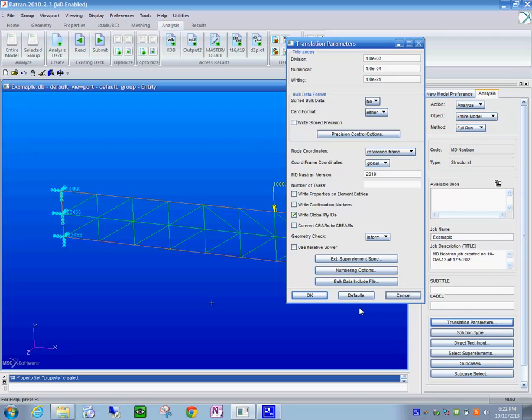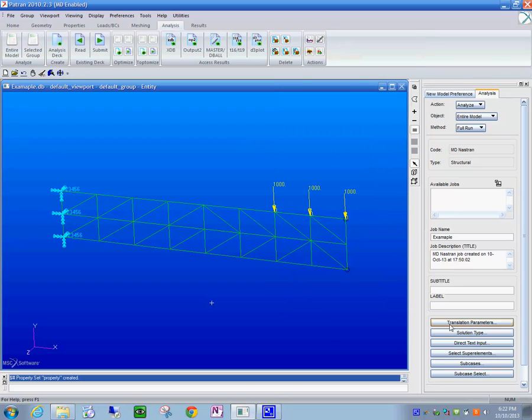In this case we are not going to change anything really, so we just verify that, in other words, pick up the default values. So click OK,